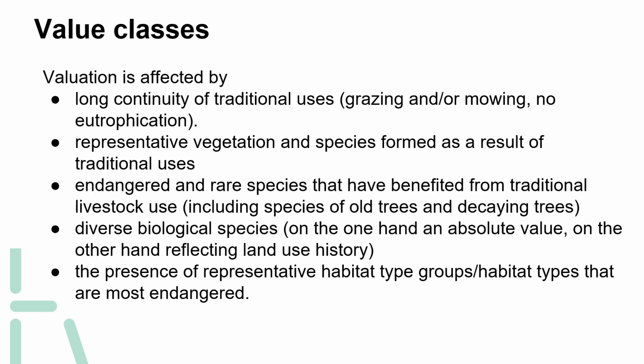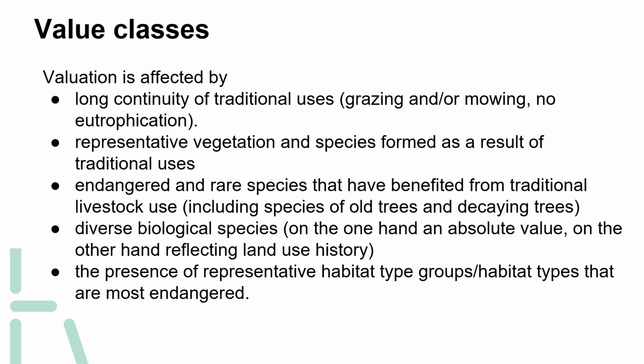So, into what value class will the areas go? The valuation is affected by the long continuity of traditional use, grazing or mowing, and that it's not eutrophicated, so there are not too many nutrients in the area. Representative vegetation and species formed as a result of traditional use, so if there are some very nice meadow plants, indicator plants,